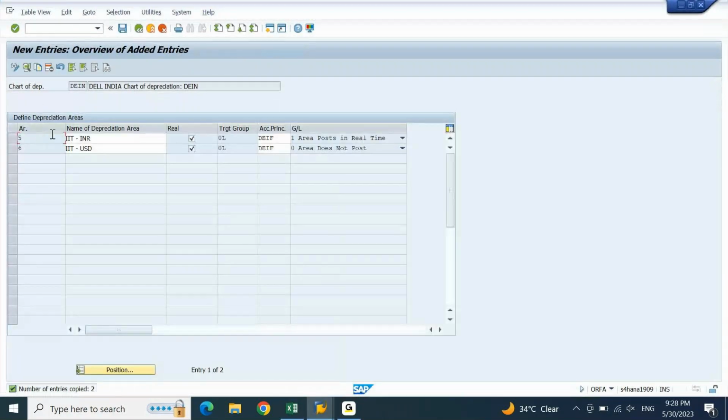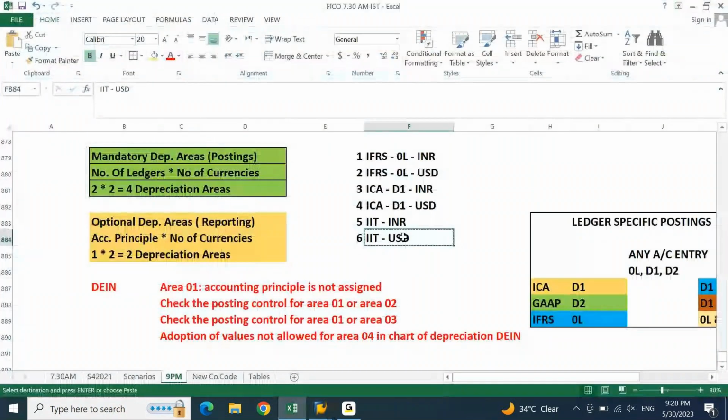5 and 6. For 5 and 6, do we have any accounting principle? No, sir. We don't have any accounting principle as of now, but we need to create one accounting principle or not? First of all, these 2 depreciation areas for the Indian Income Tax Act, are we going to create any postings or no postings?